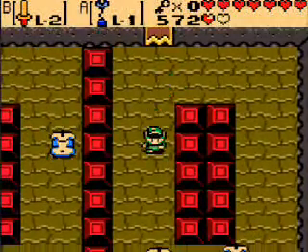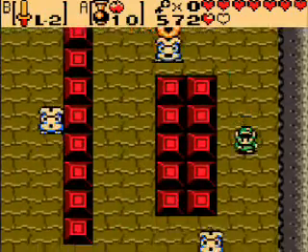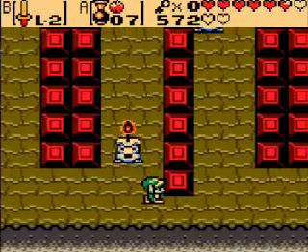Well, we got the boss key and everything. We got the dungeon map and compass, so we're all good. I don't know what else we need to get from here, though. I can't possibly imagine what else we need to get from this dungeon. There is still the bottom floor to clear out, so...